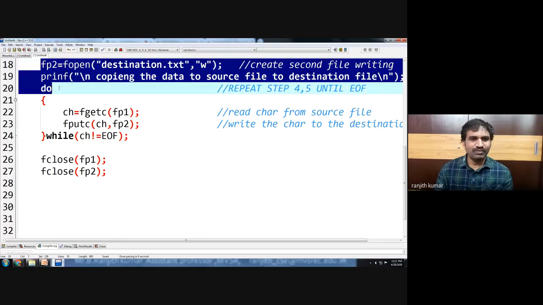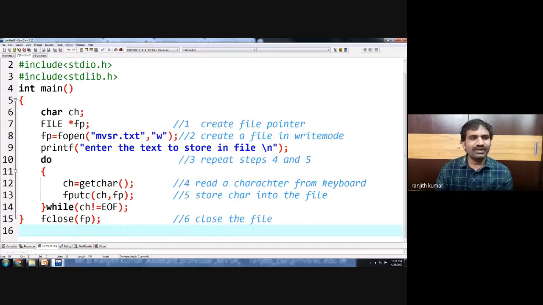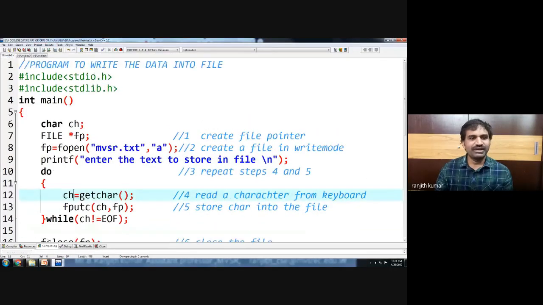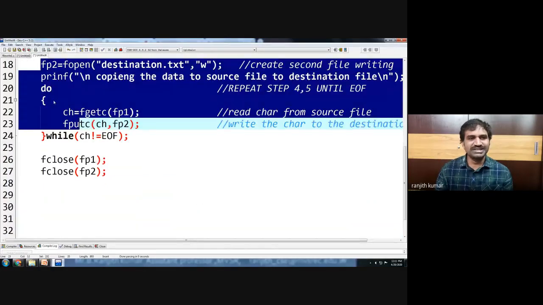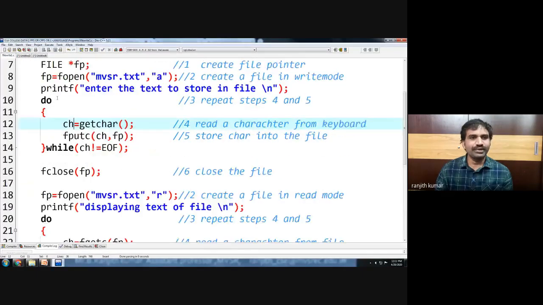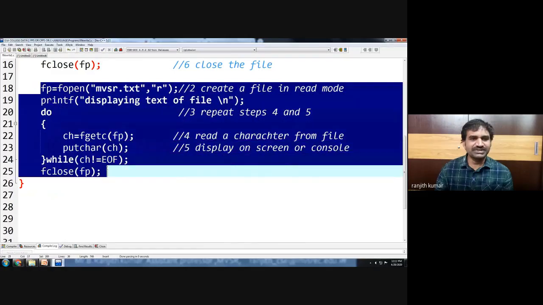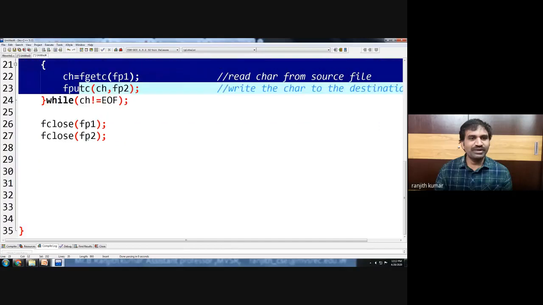Okay. So what is the operation you want to go through for reading? We have already done reading in the previous programs, which can be done once again. Are we clear? So this is what we have to do for reading the contents of the file. The same thing we want to repeat.